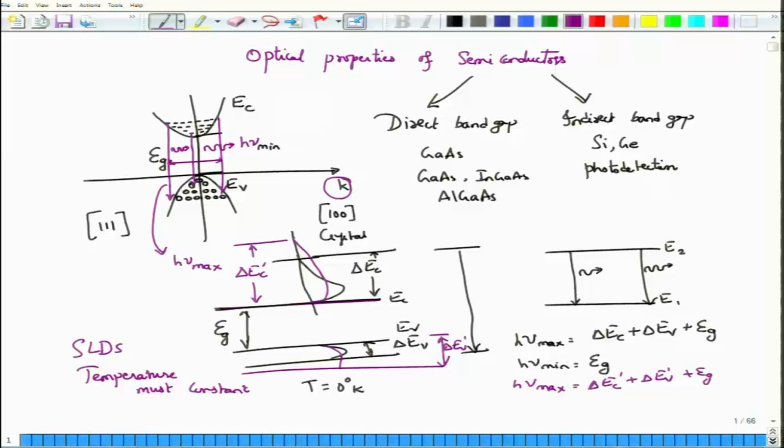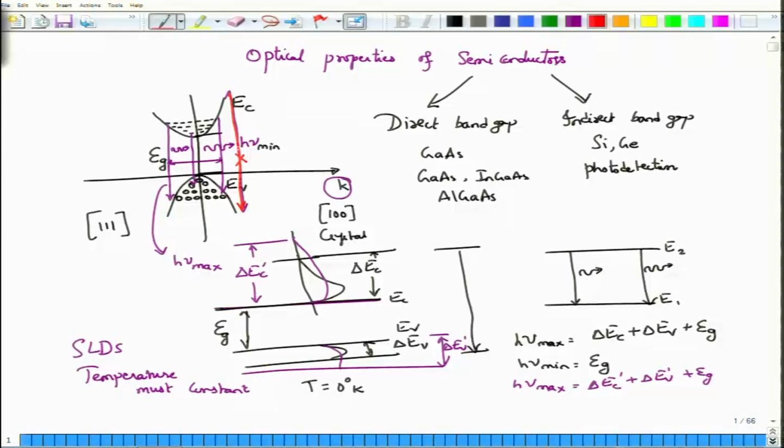Of course, in all these cases, you might ask, why did we not have a transition from, say, the extreme band edge, say, from this point to this point? So why did we not have this transition? Let me draw it in red color so that we know that this is not allowed here. The reason is, as you move away along the horizontal axis, the momentum actually starts to change. Okay. For a direct band gap material, this is perfectly fine.